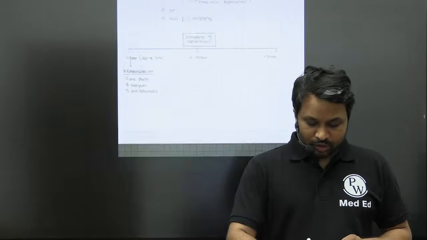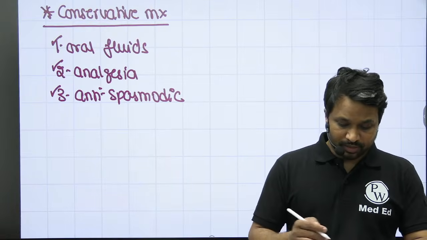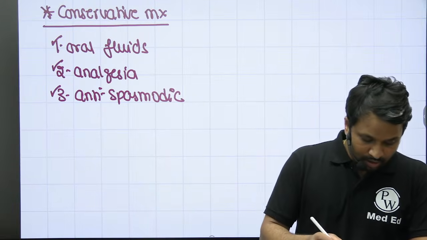So oral fluid is to give adequate hydration, analgesia for pain, antispasmodic to relieve the spasm in the ureter that is present. Along with that,